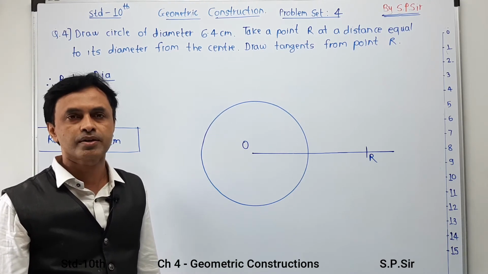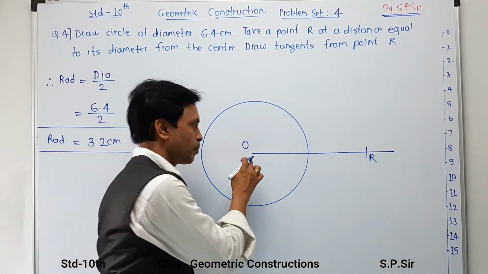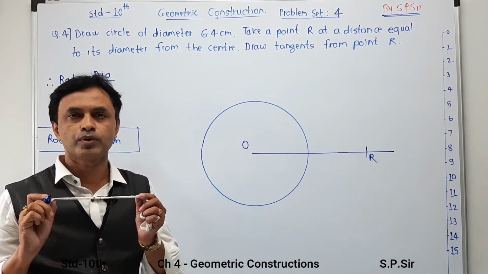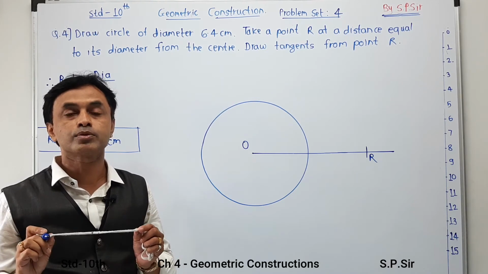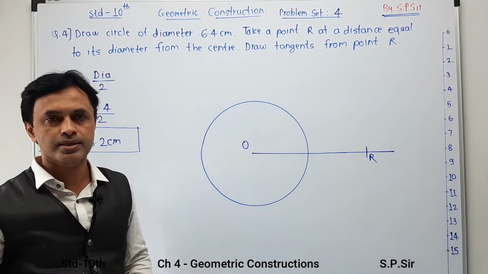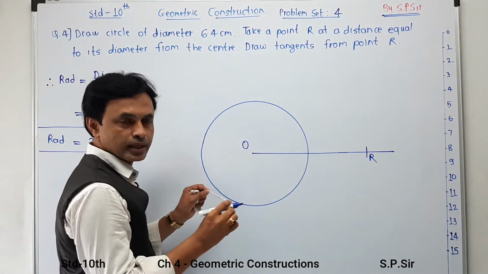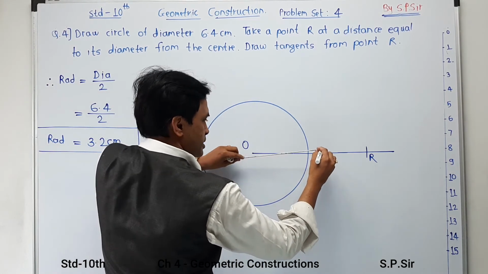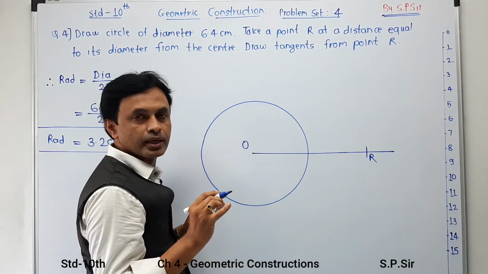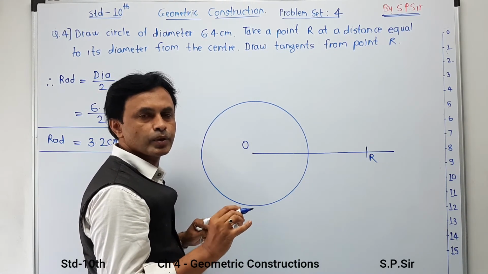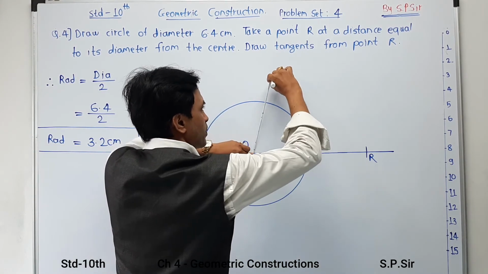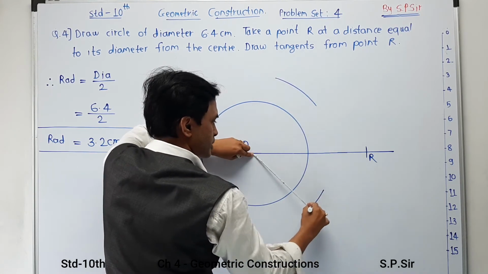In this case the basic fundamental part is that you have to draw a perpendicular bisector of OR. Remember, when you take a compass, take a distance more than the radius. Why? Because your marking must be outside the circle. Here I am going to take a distance more than that radius and make 2 marks. So from O, your first center, taking a distance more than the radius, tentatively you can take a radius like 4 centimeter, here I am going to make the first mark. One mark is upstairs and the second mark is downstairs.